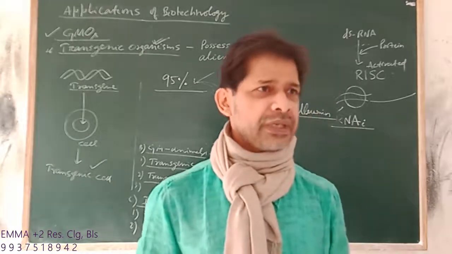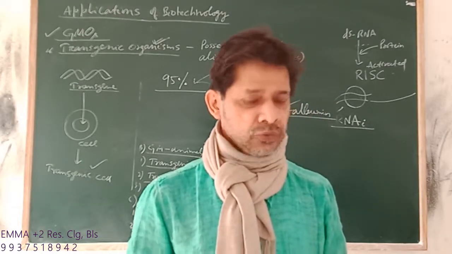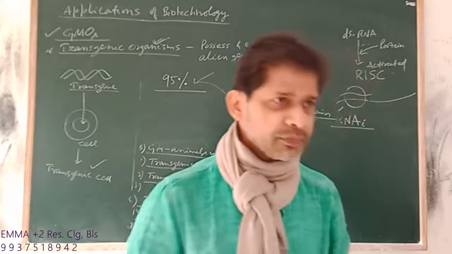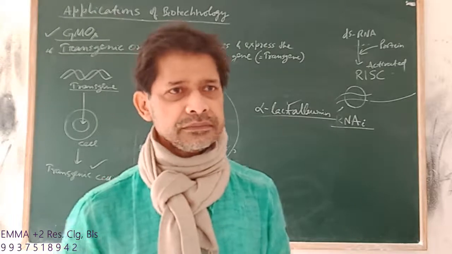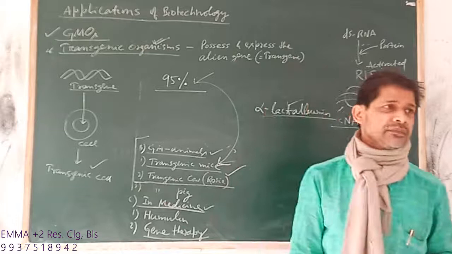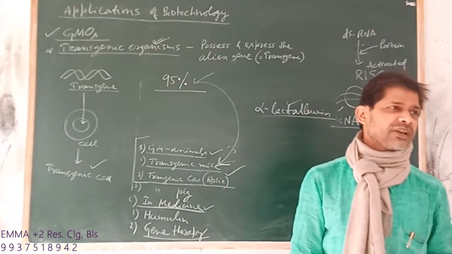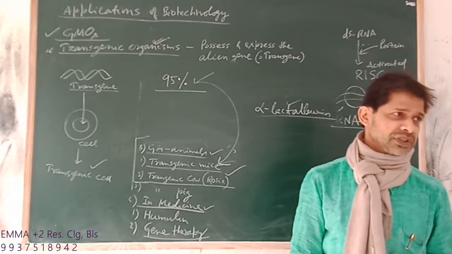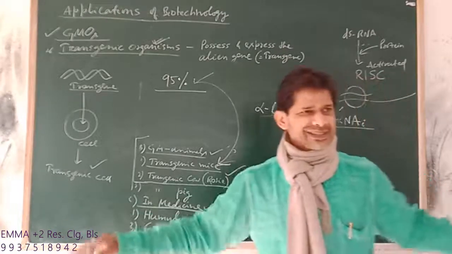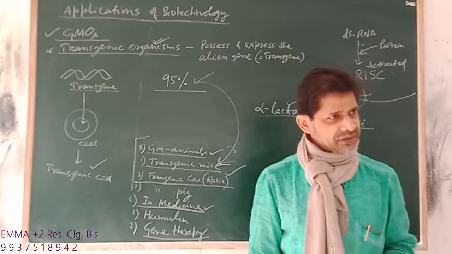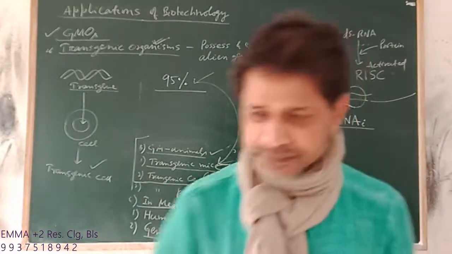How can this be obtained? We introduce the gene into an animal and that animal will give us that product. So, GM animals over. In the last class I told you about GM microorganisms, transgenic microbes. One example: the superbug produced by Ananda Mohan Chakrabarty that can remove oil spills. We can produce a transgenic yeast. Like this, so many examples are there.